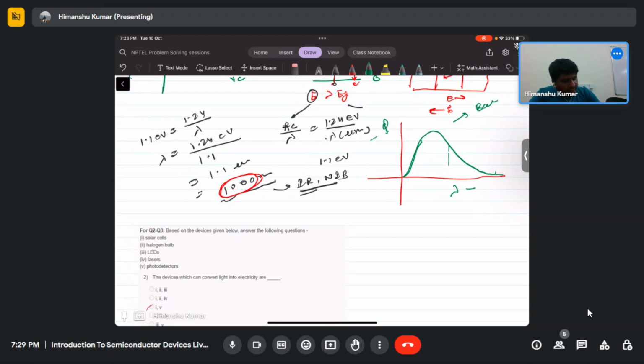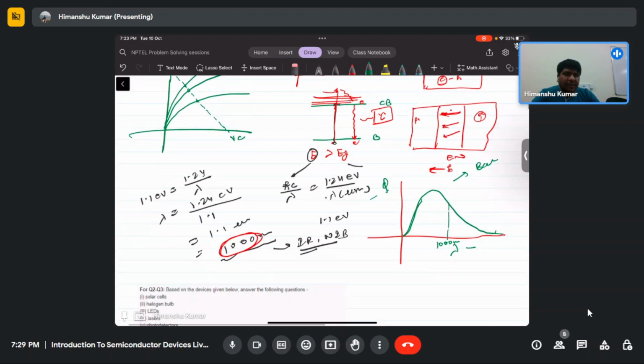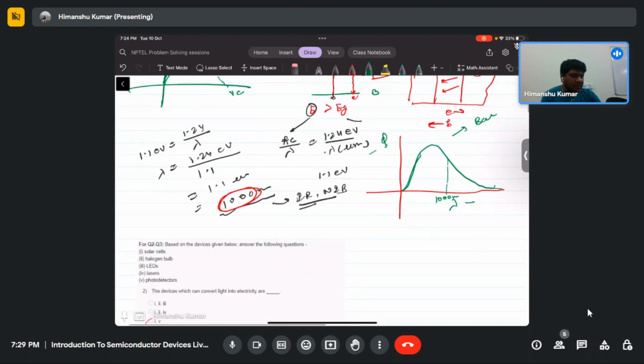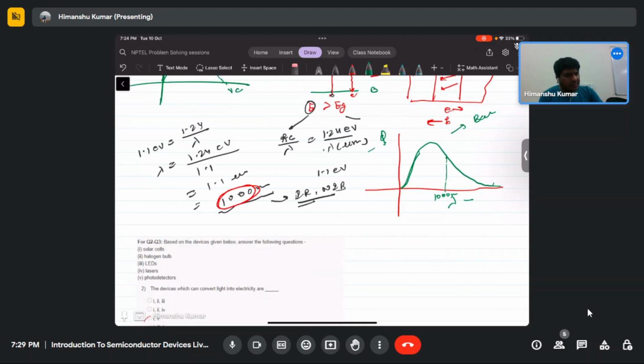For a silicon solar cell, after a certain wavelength, around 1000 nanometer, electron hole pairs can't be generated because the energy of the photons is smaller than the band gap. The target in a solar cell is to capture this whole spectrum, but ideally that is not possible. In the case of silicon, you capture the major part of the spectrum. There are other kinds of solar cells.